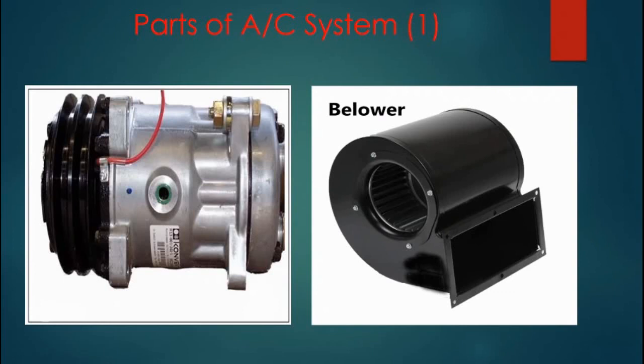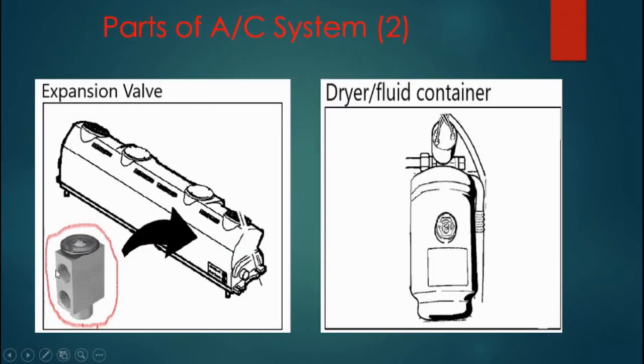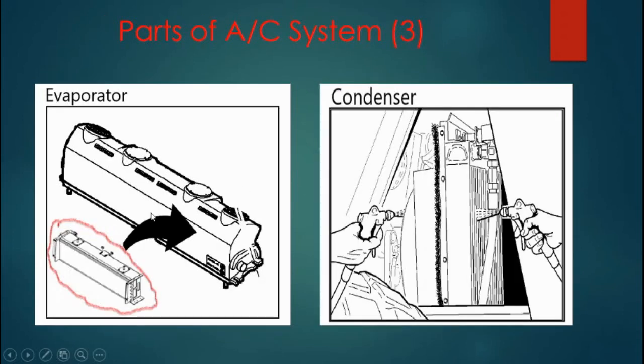So now, these are the original parts of this AC system. This is a compressor, this is a blower, this is the expansion valve, which is contained in this module, and this is the dryer, the receiver dryer, also called a fluid container. Some people call this a bottle. And this is the evaporator, which is also contained inside this module, and this is the condenser. So these are the 6